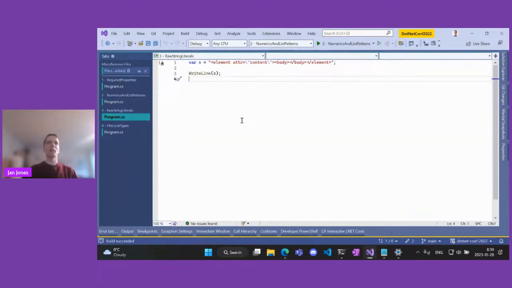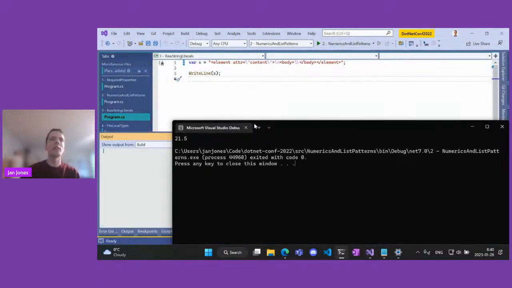It's about string literals. So historically in C#, we had 2 types of string literals, just the normal string literals like you see here. They are good for simple strings, but if you want to write anything complex like an XML, which I have here, you have to escape everything, right? So for example, if I want to add a quote into it, or I would want to add a new line, I would have to write \n. Or if I wanted to write a backslash, I would have to write 2 backslashes.